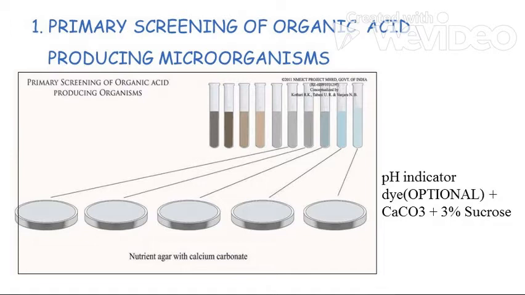Now what we have to do in the procedure, we have to select 1 gram of soil sample. As in screening and isolation we have learned that soil is the enriched medium, right? So it has a diversified population of microorganisms. So we are going to use 1 gram of soil. We will add 1 gram of soil sample into 10 ml sterile distilled water. Mix it well and let it settle down.